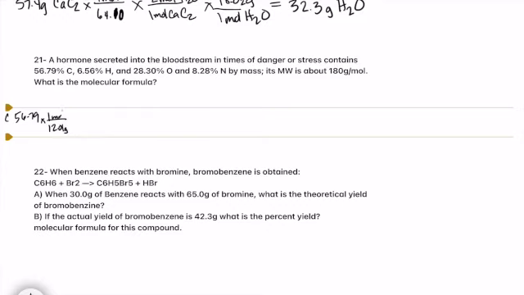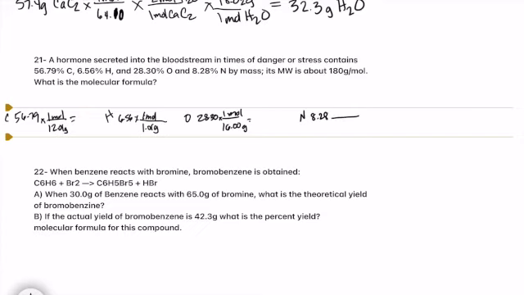So again, this is where we're going to assume our 100-gram sample. So we'll convert each of these into moles. This is similar to much earlier. I'm looking for my molecular formula. And so first I'm going to create the empirical formula based on these mole ratios. And then I'll take the empirical formula and divide that into our rough estimate here that only has 2 significant figures of molecular weight.